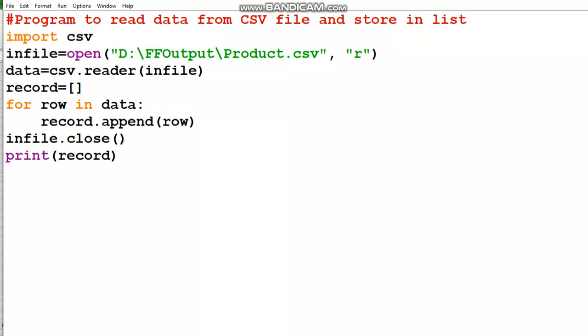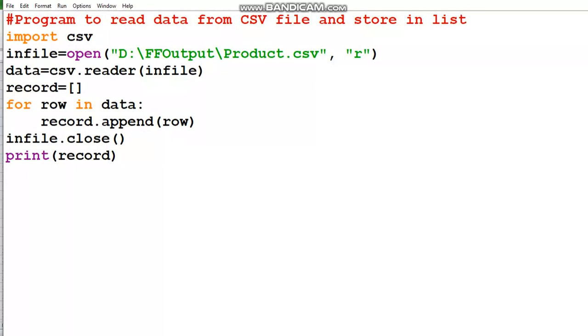So all the details of the products will be read, even the header row, where I have written product ID, product name, the heading row, will also be read as normal. So along with the header row and data, everything will be stored in the variable data. Any variable name you can take over here. And this is a list.